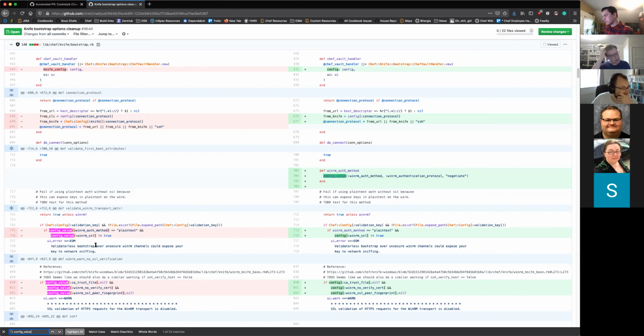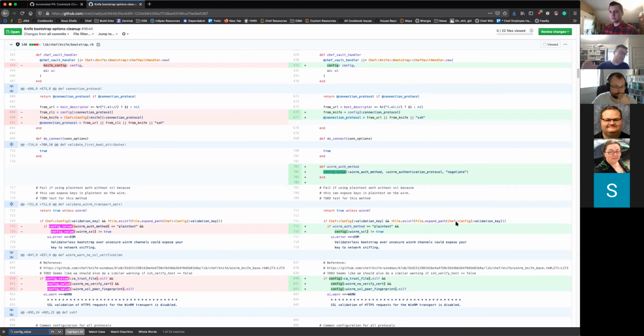And then there's also in Knife plugins, conventionally, this load config value thing, which has gotten horribly complicated to go through and see if it's in the config hash, if it's in the chef config, and if there is a config value method, it will call that instead. All that needs to just get deleted and everybody just go through the config hash. It's just the config hash. So, yeah. And that's the Knife Windows